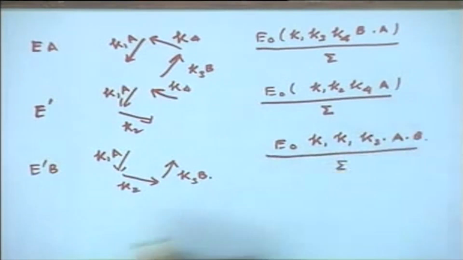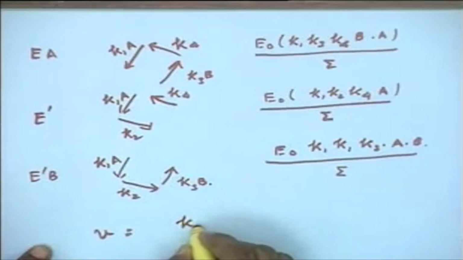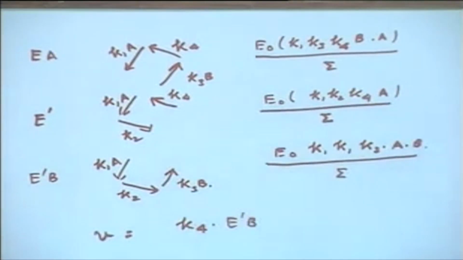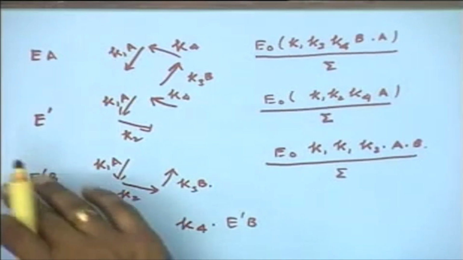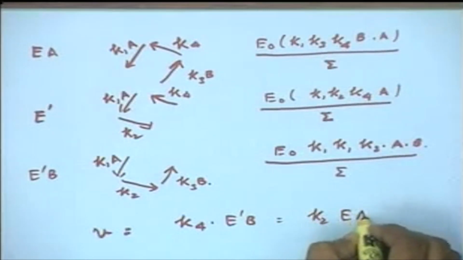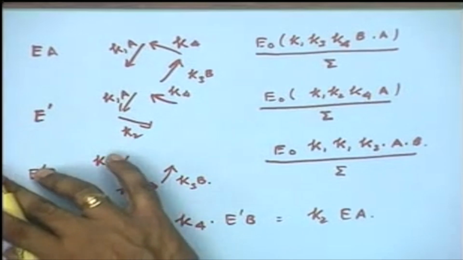So, having the relative concentration of each of the enzyme species, you can always write the rate expression, that is V equal to K4 into E dash B. It can be either K4 into E dash B, or it can be K3 into EA, or K2 into EA. Either of them can be written, and therefore you can substitute the values and get your reaction velocity expression as